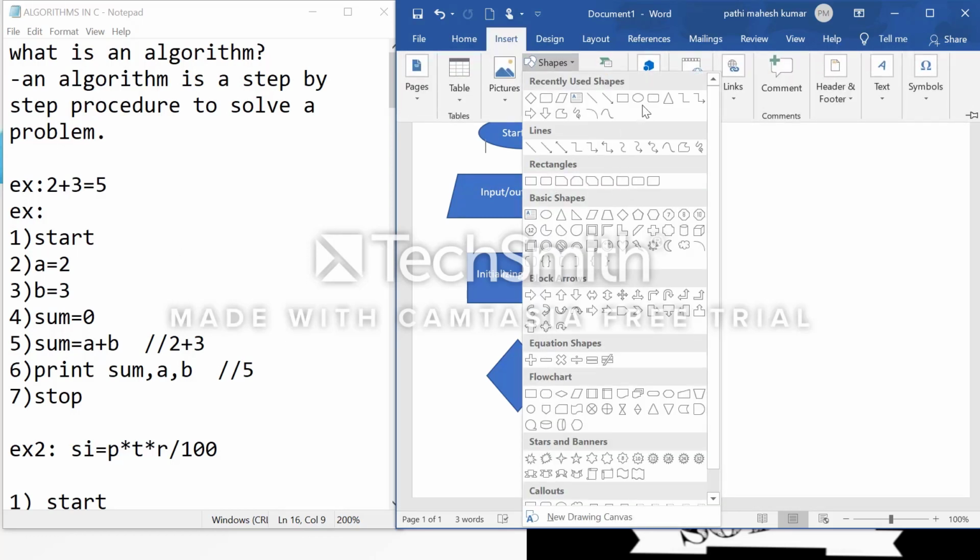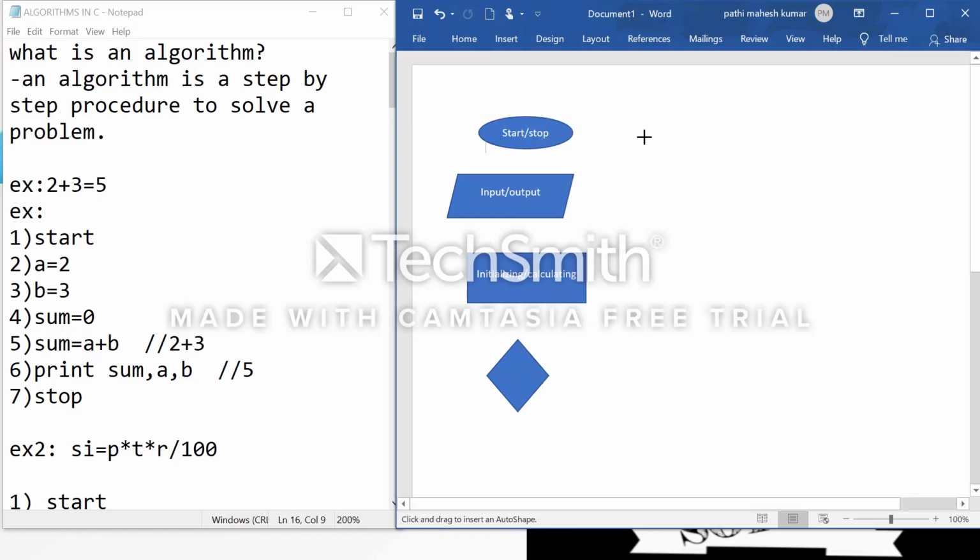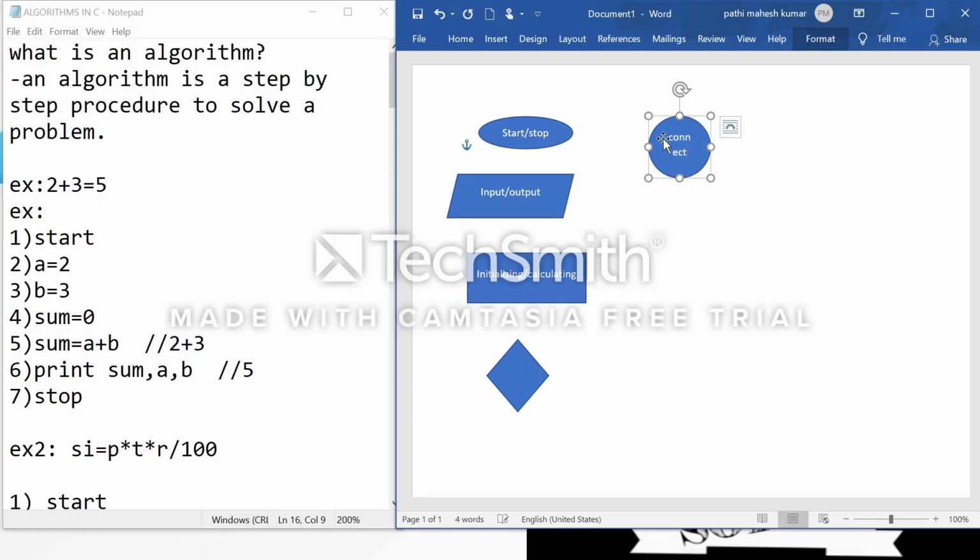And the connector. The connector is used to attach the breaks of a flowchart.